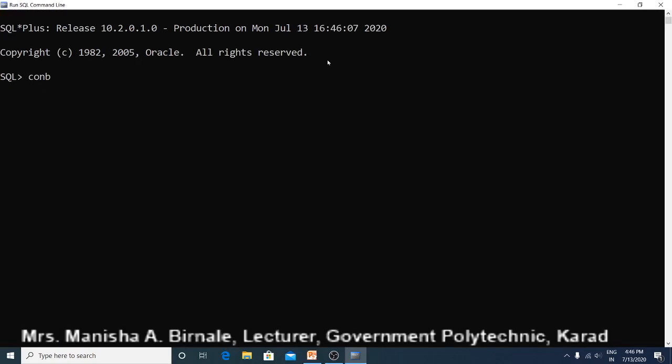Connect to database using the connect command. Okay. Now let us create one table having a simple primary key. You have to write create table, name of table, suppose TB1,